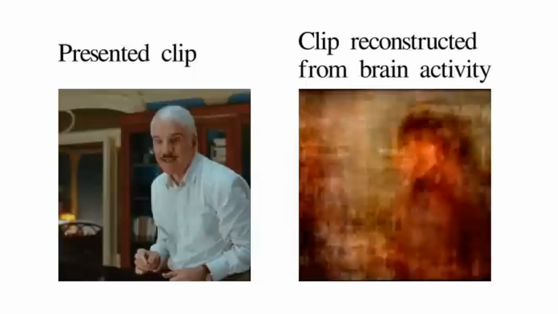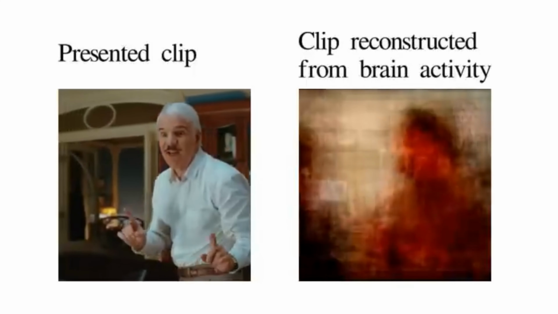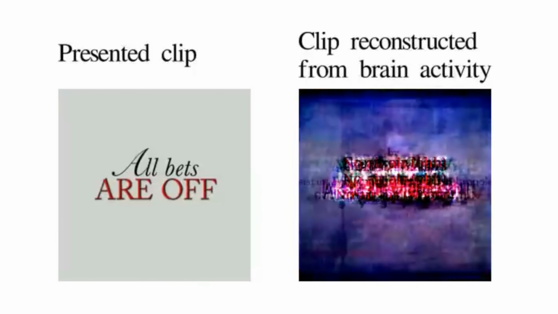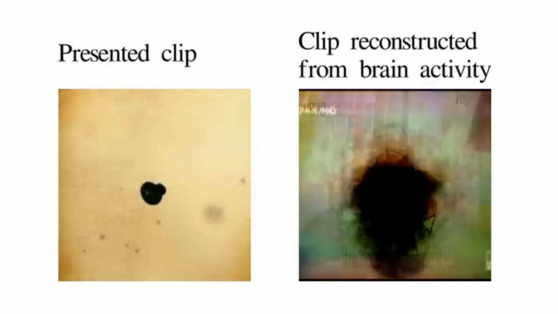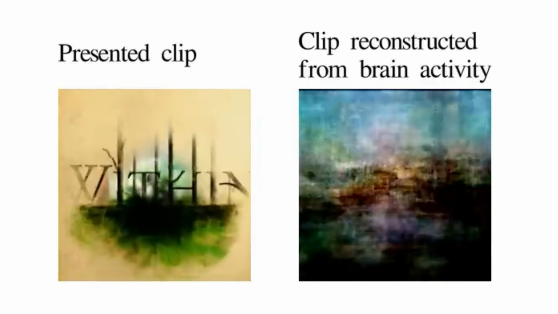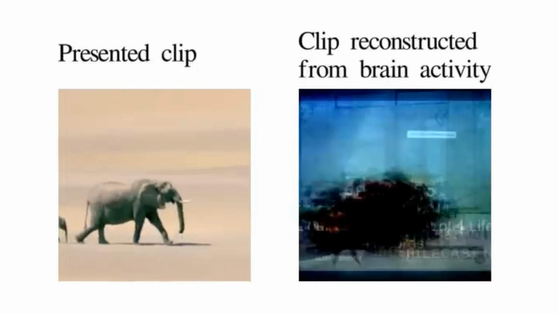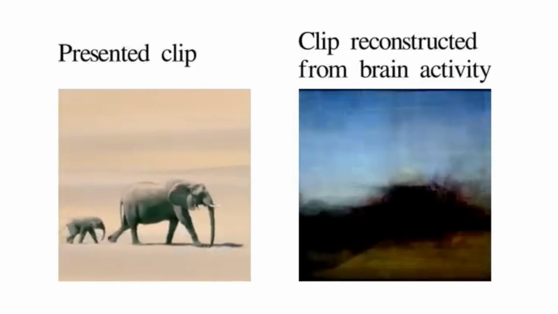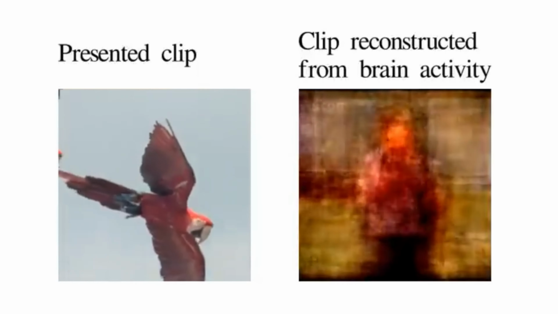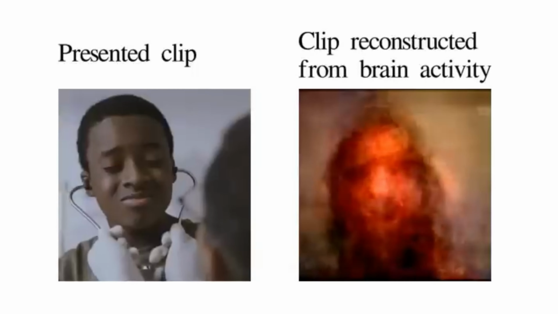Okay, so here's an example where they're training AIs to understand and interpret brain scans and brainwave readings. So this is an older one where the person is watching that video clip on the left, and then the AI is reading the brainwaves and trying to reconstruct what the person is looking at. And it's definitely not random. It's understanding something of what's going on there. Still not super recognizable, but the motion is still there.